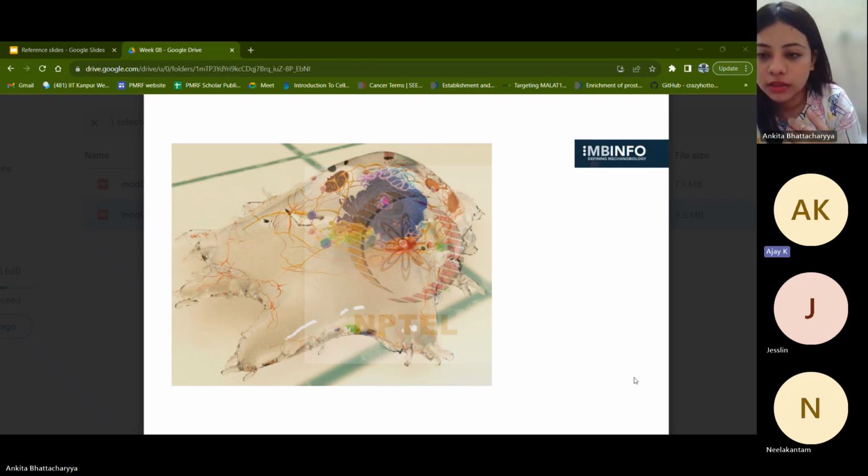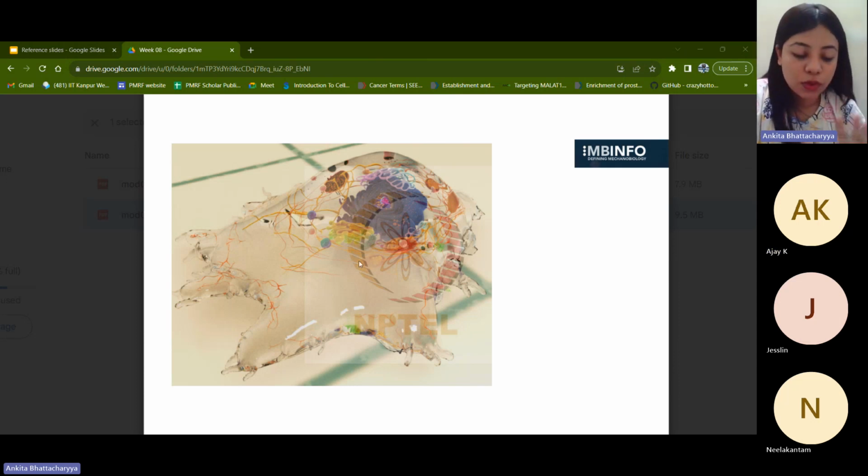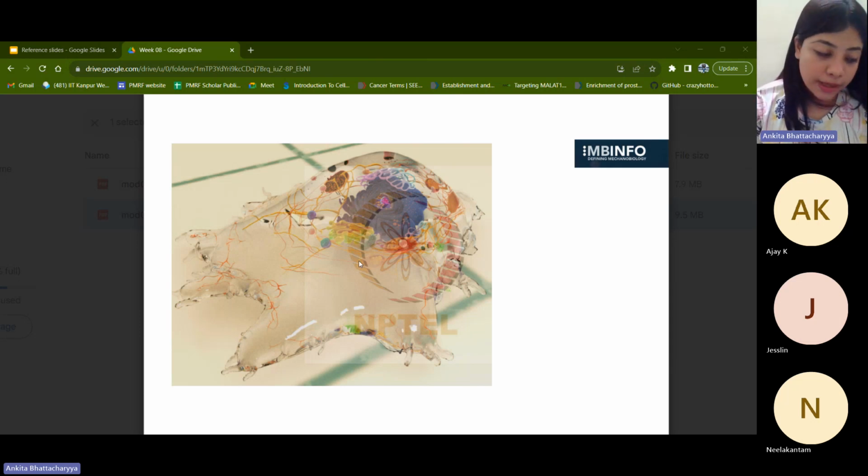Now, I got confusion. You said now chromatids are called chromosomes? No, I did not say that. So what we said was that there are two chromatids, and they are forming one chromosome. If you look at that particular diagram, there it is mentioned differently. I'll come to that distinction between them as well.